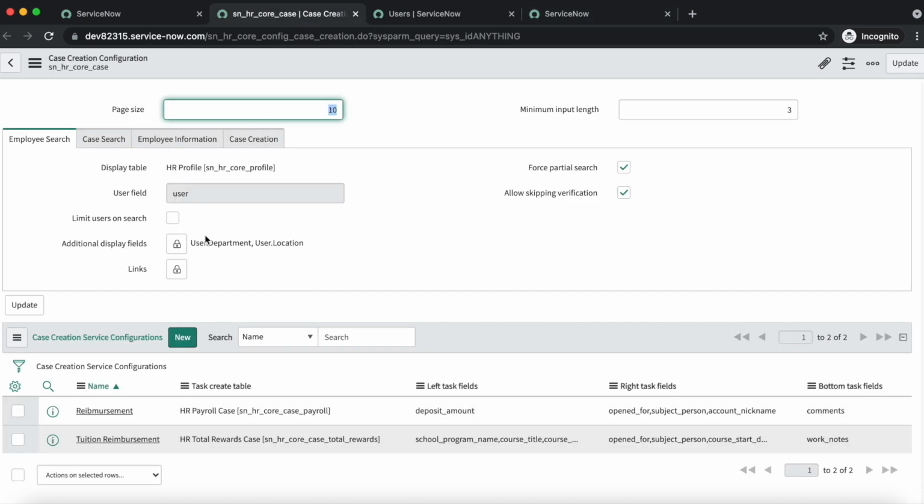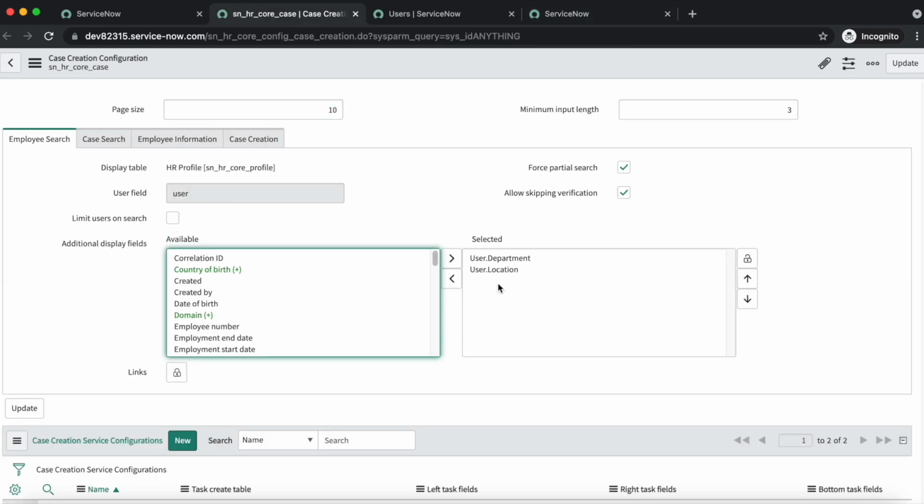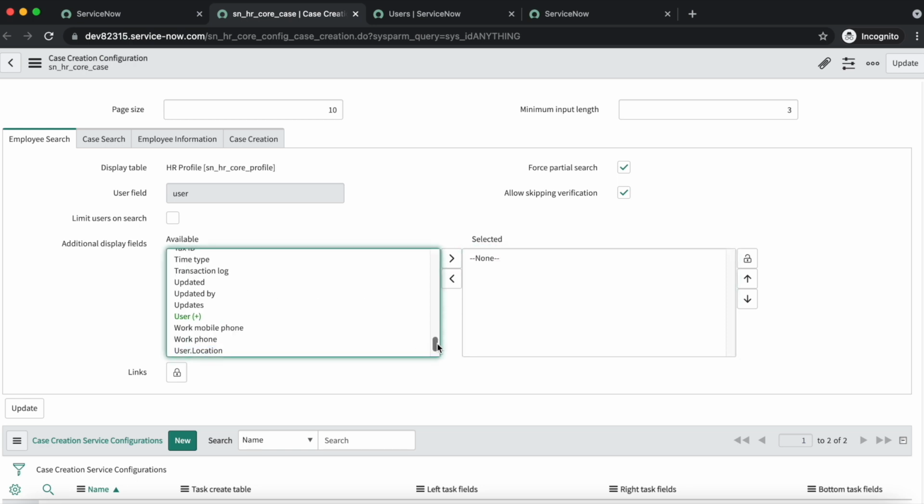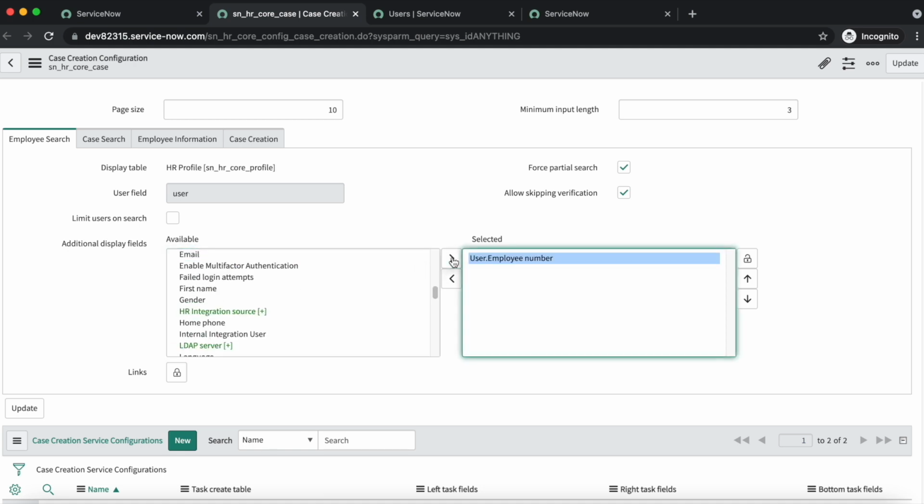So now we will change it to employee number, and the second was state.